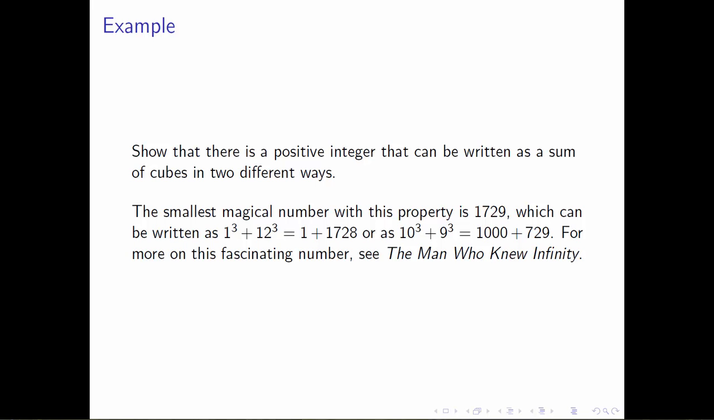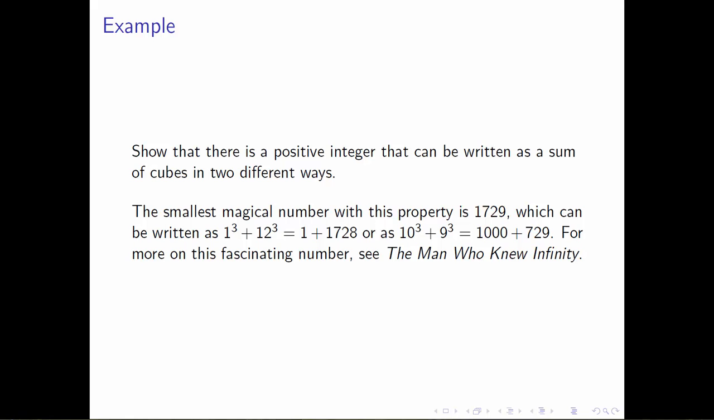And so Hardy realized on his way to the hospital that he was in cab number 1729, and he walked in to see Ramanujan, and he was going to tell him about his cab number. He thought the number was interesting for this particular reason. And when he walked into the room, he said, "I rode over here in cab number 1729," and Ramanujan said,